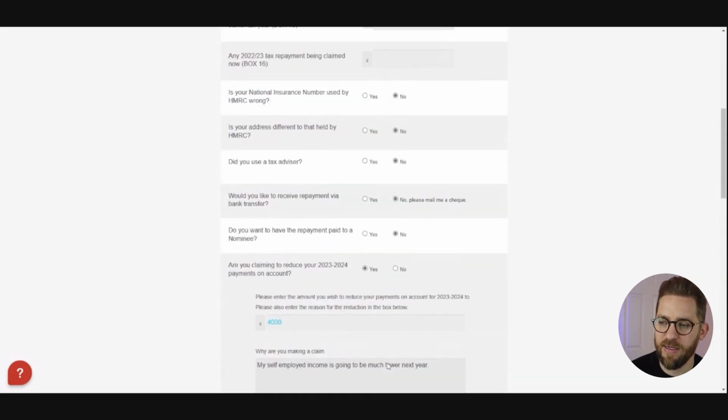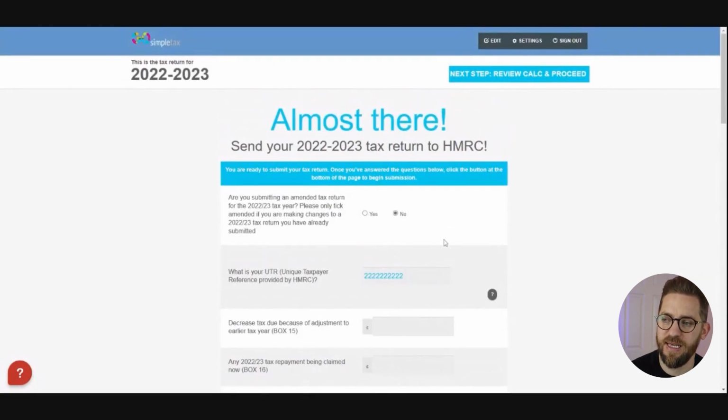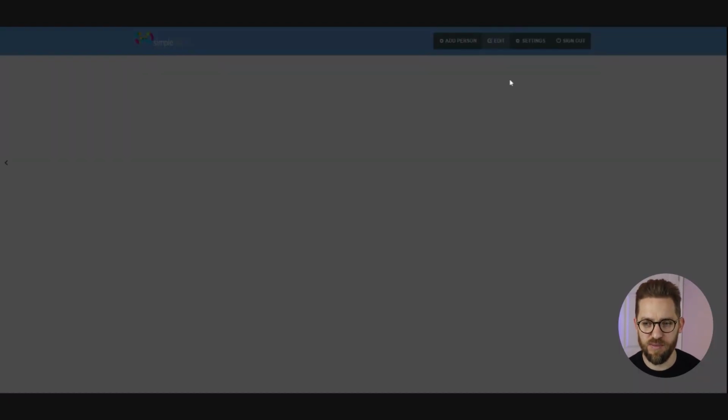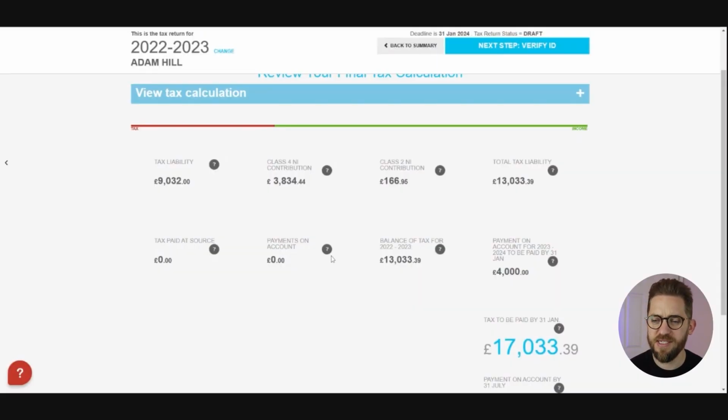By scrolling back to the top of the page, you'll then see a link to review your calculation and proceed. So let's just make sure that we're happy with the calculation. It's as we're expecting, and those reduced payments on account are showing here. So this is really useful to actually see how your income tax liability is being calculated rather than just paying it across to HMRC and not wondering about it. Again, you can use the question marks to get a bit more detail on what each figure represents, but my tax liability, income tax, this is